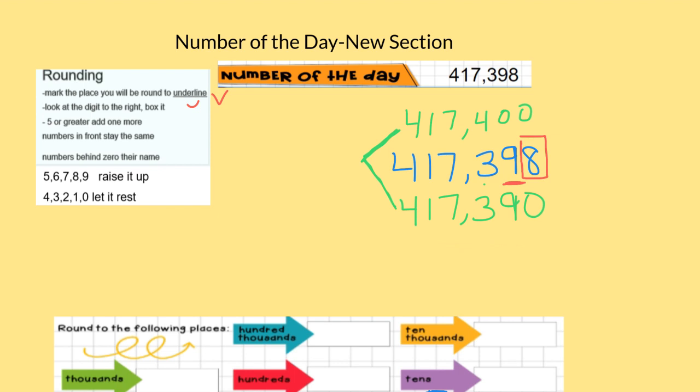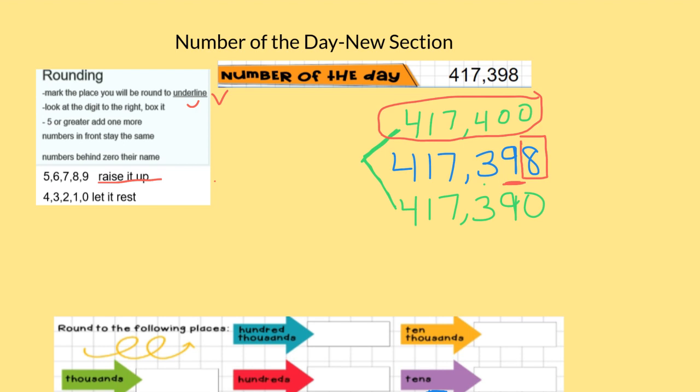Okay, now let's look at our 8 to make our rounding choice. An 8 tells us, I'm going to look at this list over here, to raise it up or to give it a shove. 5 and above, give it a shove. 5 or more, raise the score. So this number, 417,398, rounded to the nearest 10, would be